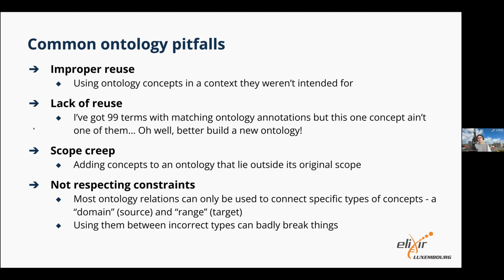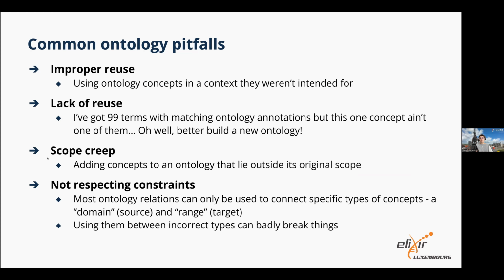So people tend to take that one very seriously when I tell them, and then go to the other side. I've got 99 terms that perfectly match, but this one doesn't, so, oh well, I need to build my own ontology. Please don't do that. There is reuse. There are middle grounds between point 1 and point 2. I'll give you some pointers on that as well. But don't just go and build a new ontology because no single ontology is a perfect match. Then the other side of that we often see in ontologies is scope creep.